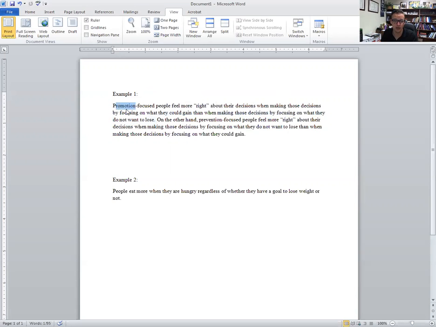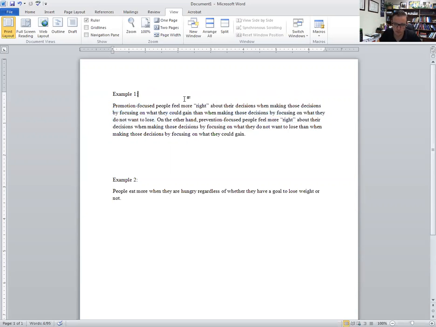All right, because promotion-focused people, this implies something about their state, who they are. Okay, they're promotion-focused. So that's going to precede any behavior that they engage in. When making those decisions by focusing, so clearly they have focused on something before making a decision. So